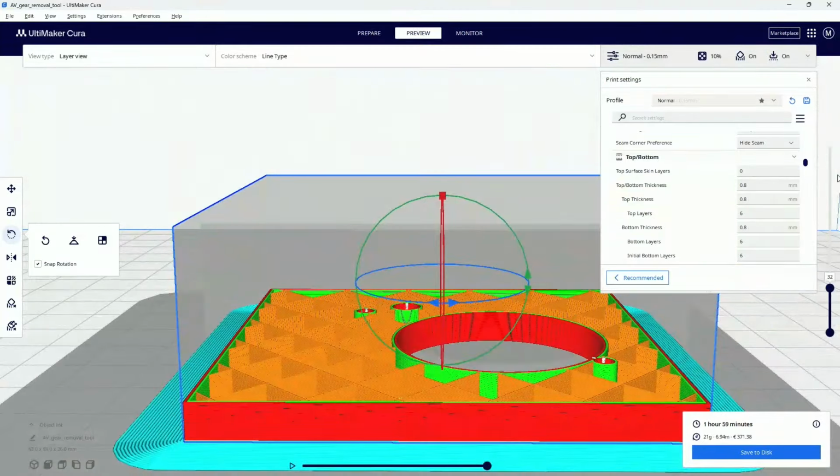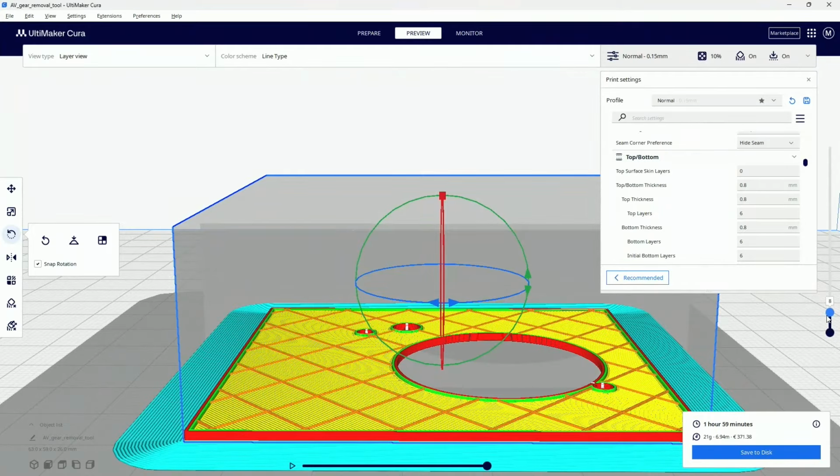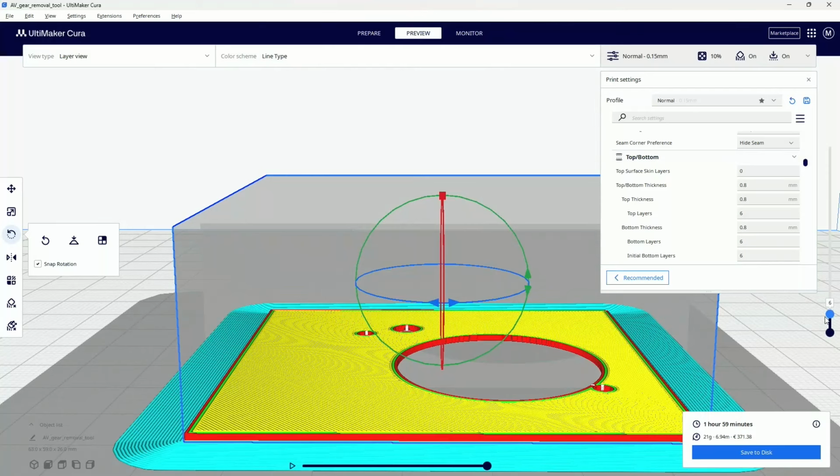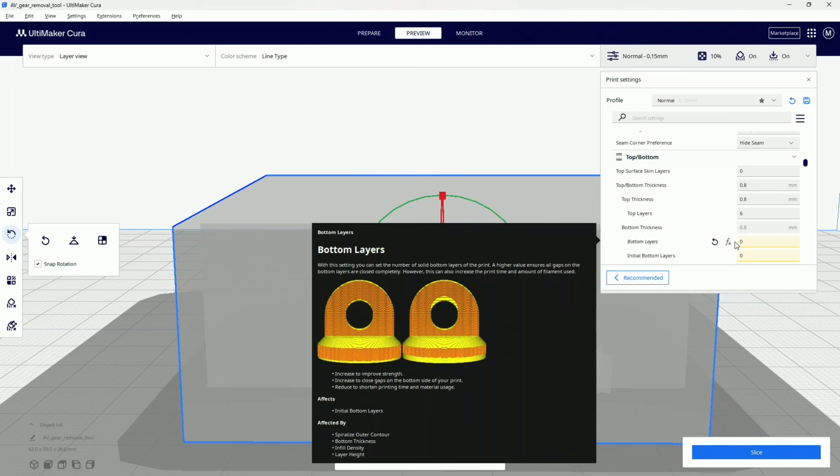So what that means is when we come down here, see how before we get that cross, right? That's 6. So look at this number here. That's 6. So these are all identical, 100% infill, laid in place, 6 layers. Let's look at that. And so this is bottom layers. And again, start thinking, why would I need to change that? Depending on the strength that needs to be for you, you may choose to